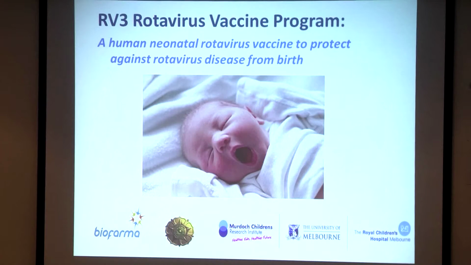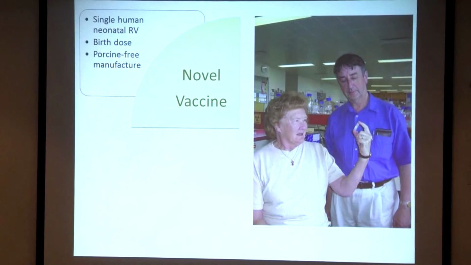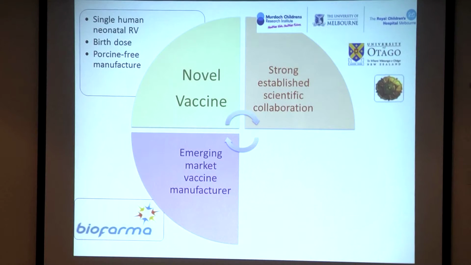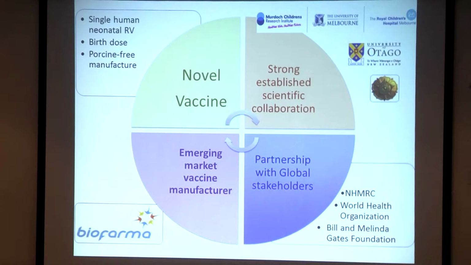In Melbourne, we've been developing a novel vaccine called RV3, which is an oral vaccine based on a human neonatal strain to be delivered at birth. And this is Ruth Bishop in an older age from the time she first discovered rotavirus, developing the RV3 vaccine. We've had a strong collaboration of a number of partners, including New Zealand and Indonesia. We're currently working with an emerging market vaccine manufacturer, focusing on a low-cost vaccine in association with a number